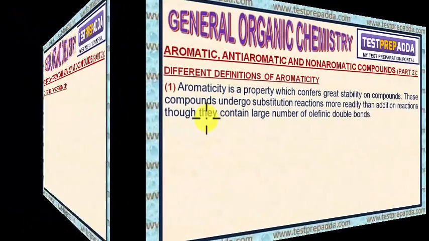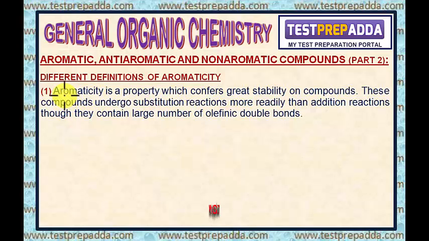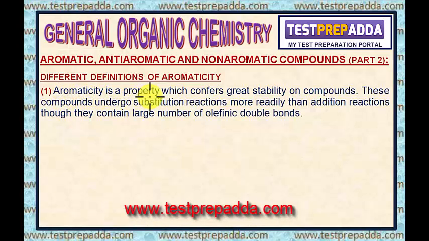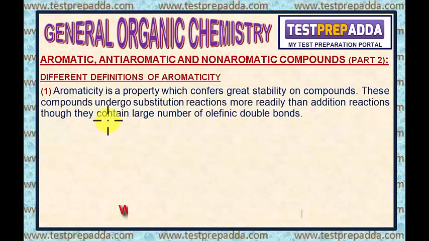First definition. This definition says aromaticity is a property which confers great stability on compounds. These compounds undergo substitution reactions more readily than addition reactions, though they contain a large number of olefinic double bonds. Now the best example is benzene